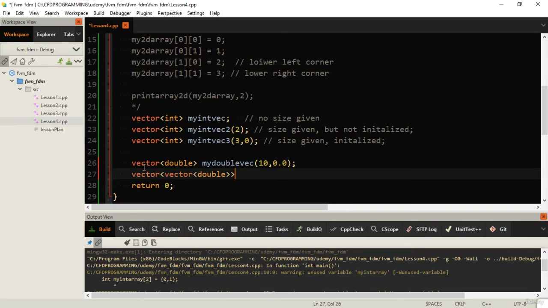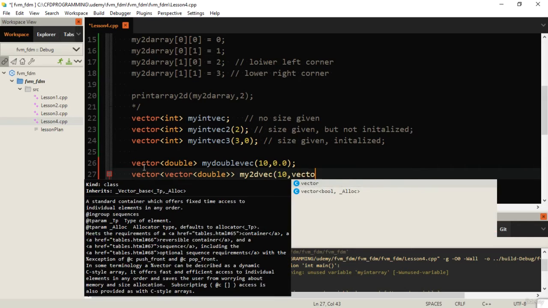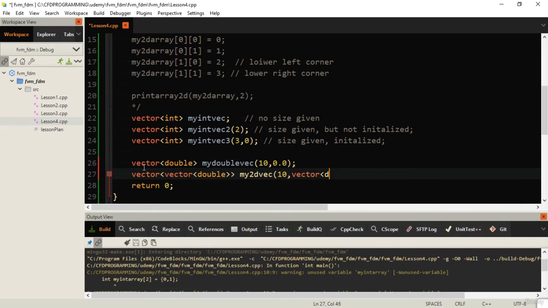But we are going to stick with two-dimensional, my 2D vec, and you can say for example 10 elements, and you need to write a single-dimensional or one-dimensional vector again to initialize this, say 10 and then 0.0, right? So basically you are saying 10 rows and then fill it up with columns of vector doubles of size 10 and initialize all the